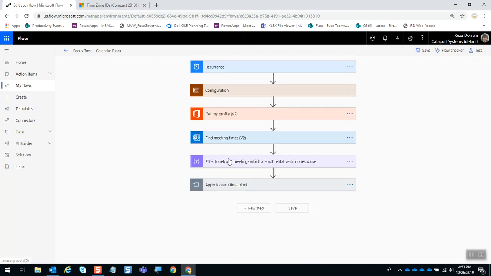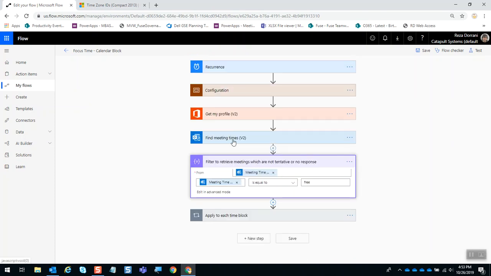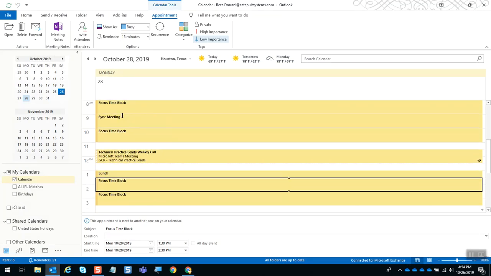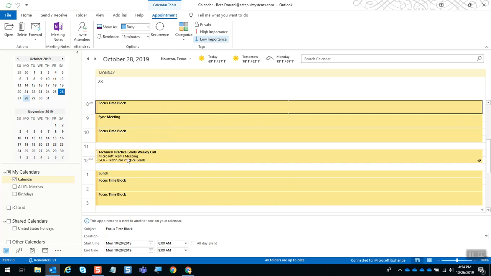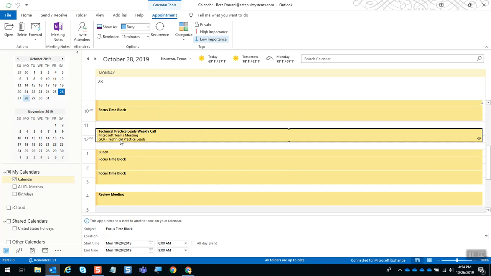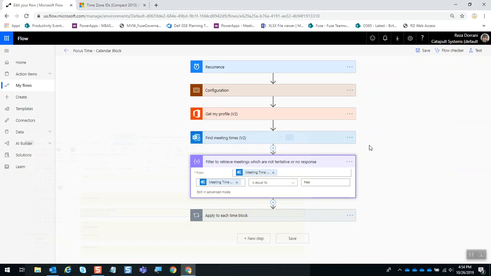The next step, the flow has a filter action and it reads the dynamic content from the find meeting times action. All I'm trying to do here is only fetch times where I am truly free. Why? For example, if you look at my Monday calendar right now, this is what my calendar looks like. You see, I have one meeting right here which I've marked as tentative. So if I don't